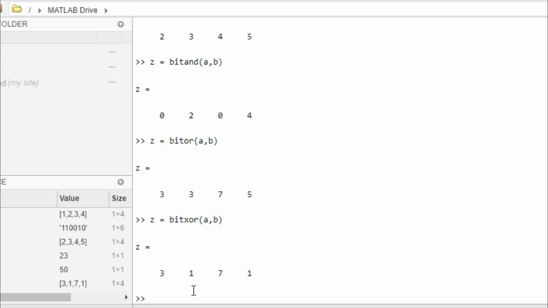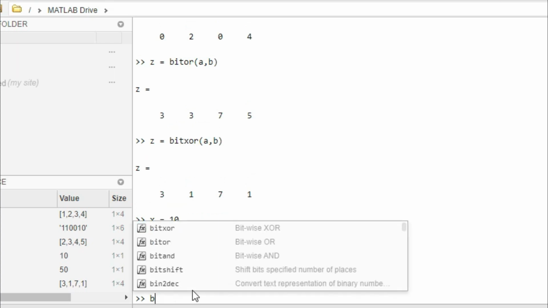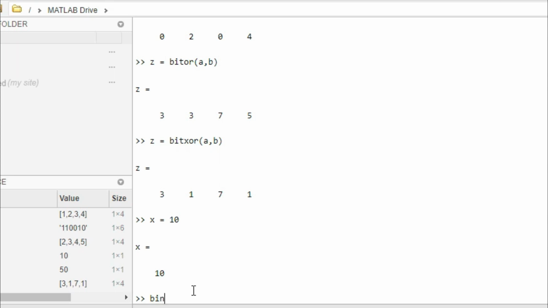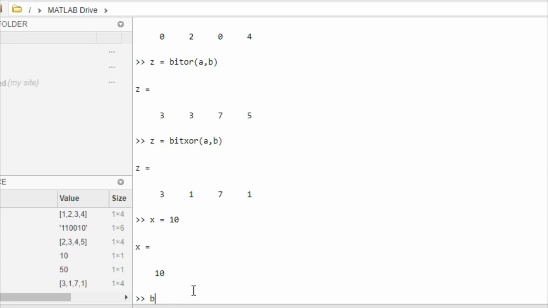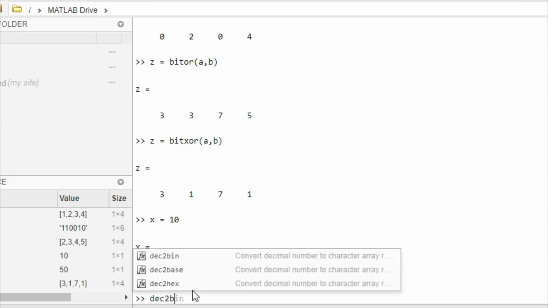So let's try bitwise shift of x. We have x equal to 10. Let's take 10 in binary format.